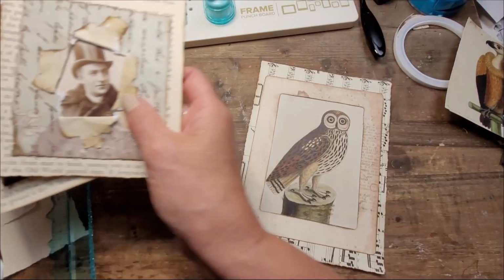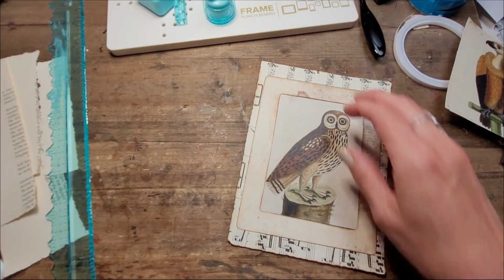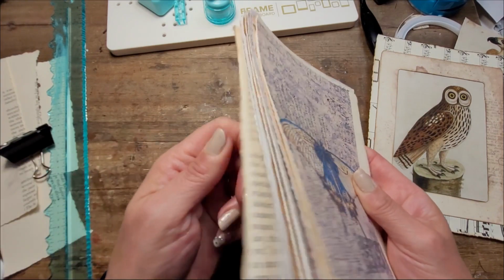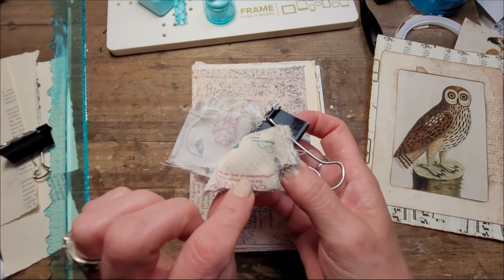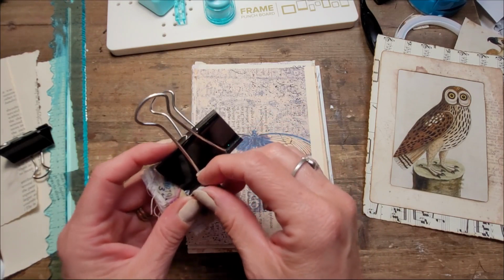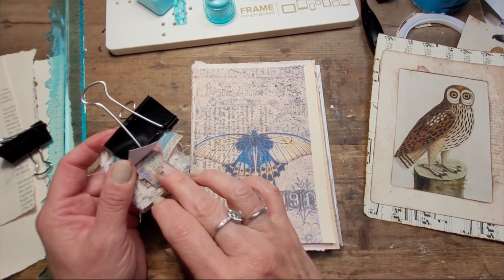Okay, so I'm going to put these aside and I will keep this one as an example. So I am soon starting a new tab binded journal. So I have all my pages ready and I have all my ripped fabric pieces stamped and some Tim Holtz, my God, Holtz. I'm thinking of a Tim Horton right here. I need a coffee. Tim Holtz